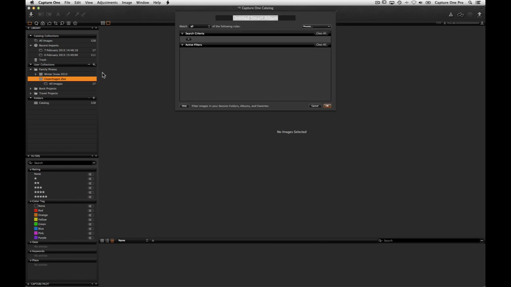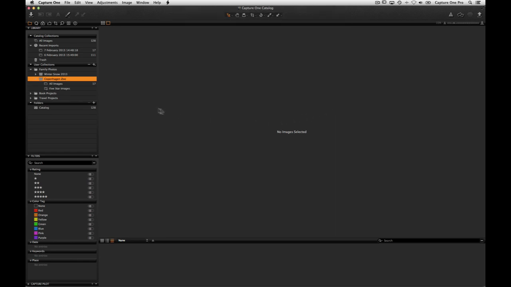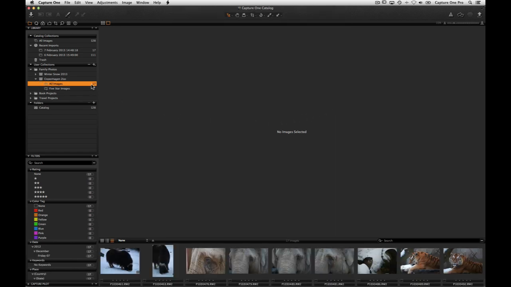Some presets are available for commonly used smart albums. In this case, we will use the 5-star criteria. Now, any image in any album in the project will appear in the smart album if it matches the criteria.